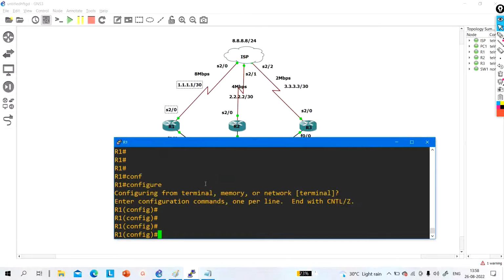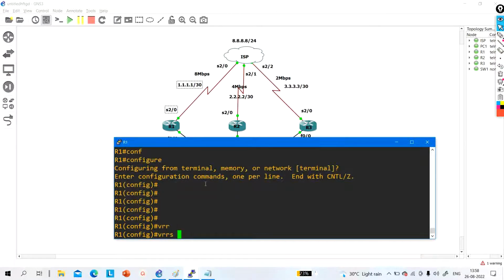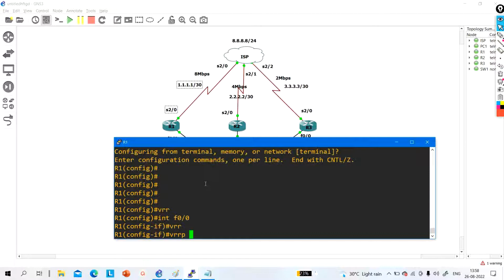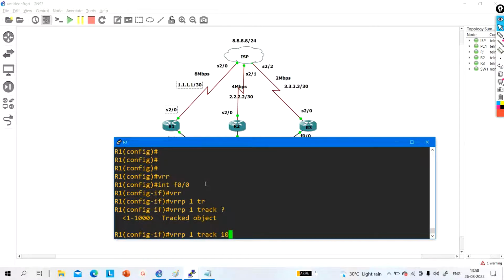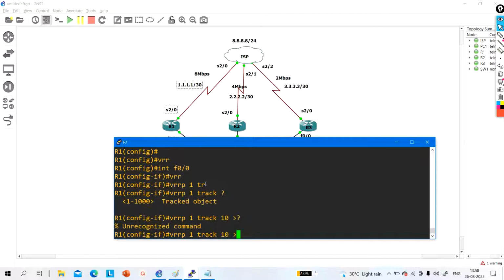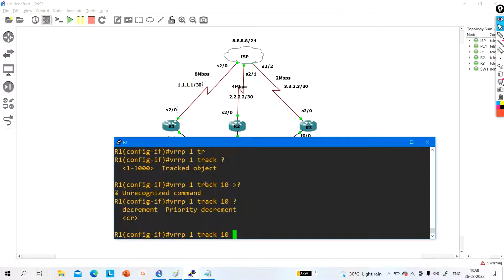Config t, VRRP. Interface F0/0, VRRP group number 1, and track object is suppose 10. It's clear. Okay,